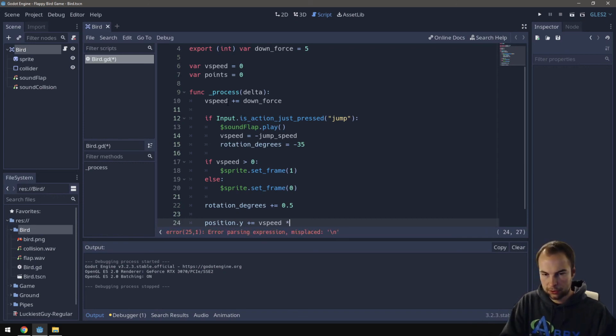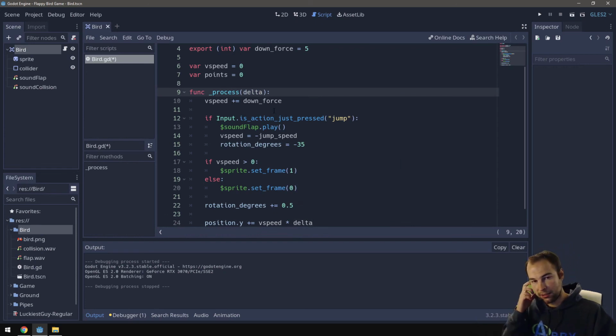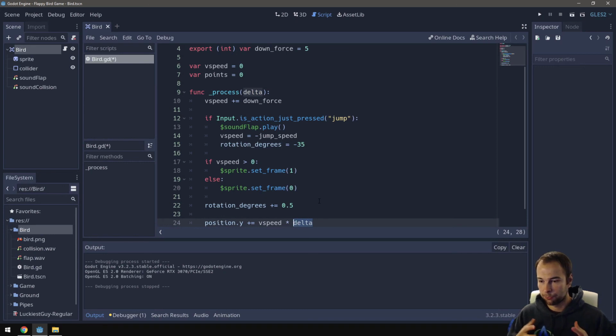We do need to multiply our vertical speed by our delta though. Delta, which comes from here, is a variable that contains how much time has passed since the previous frame. It's very important that you do this with anything that's physics related or almost any logic related really, because these process functions will not always be happening at the exact same pace. Sometimes your computer slows down, sometimes it speeds up. This keeps track of how much time has passed since the last frame. If you multiply our v speed by this number, then the game will function the same regardless of how many frames you get. So if we press the play scene button again,